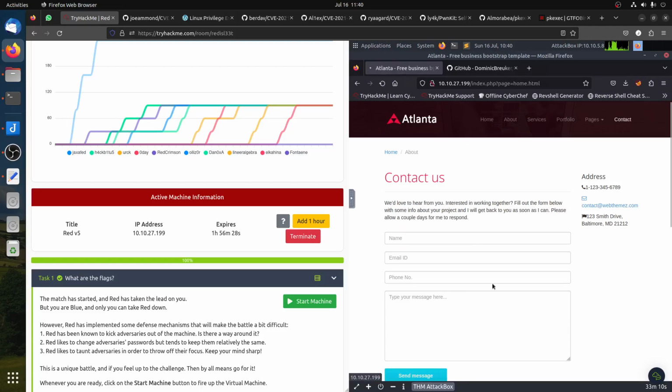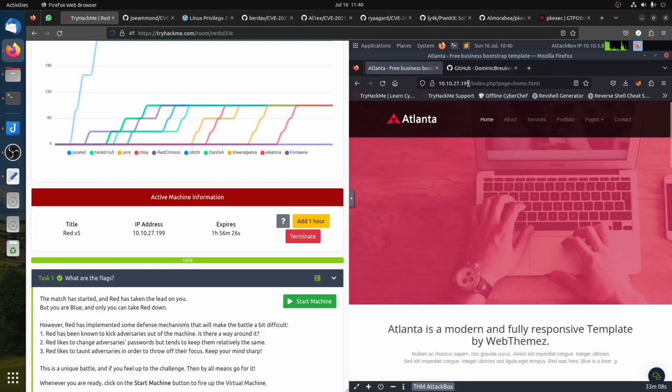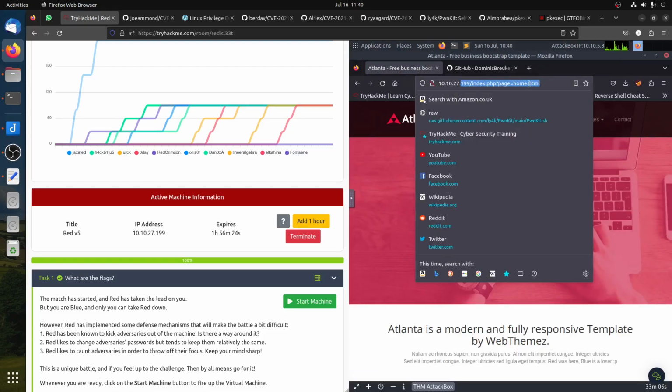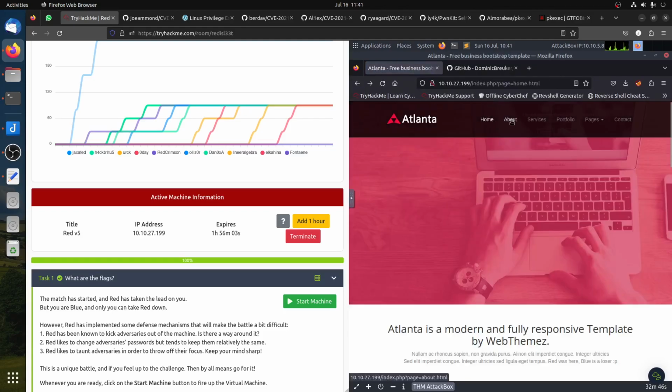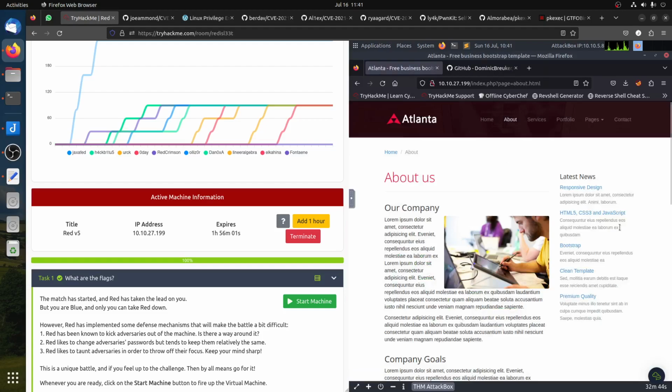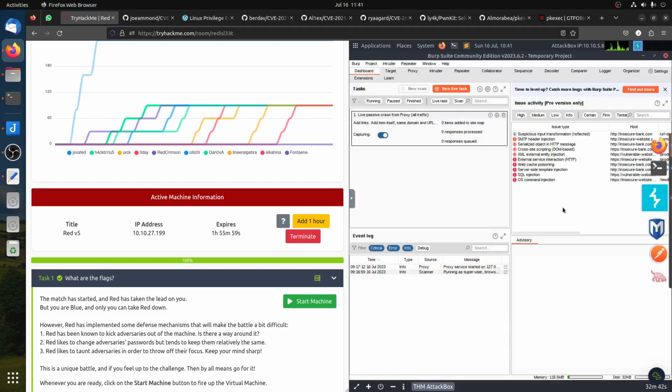But the interesting part is if you check the URL, page equals, it gives us an idea. This is possibly what they call local file inclusion, LFI, or remote file inclusion. You can see that. So if we can change this, what can it give us? The pages you go to, like about us, something like that. So the first thing I did,